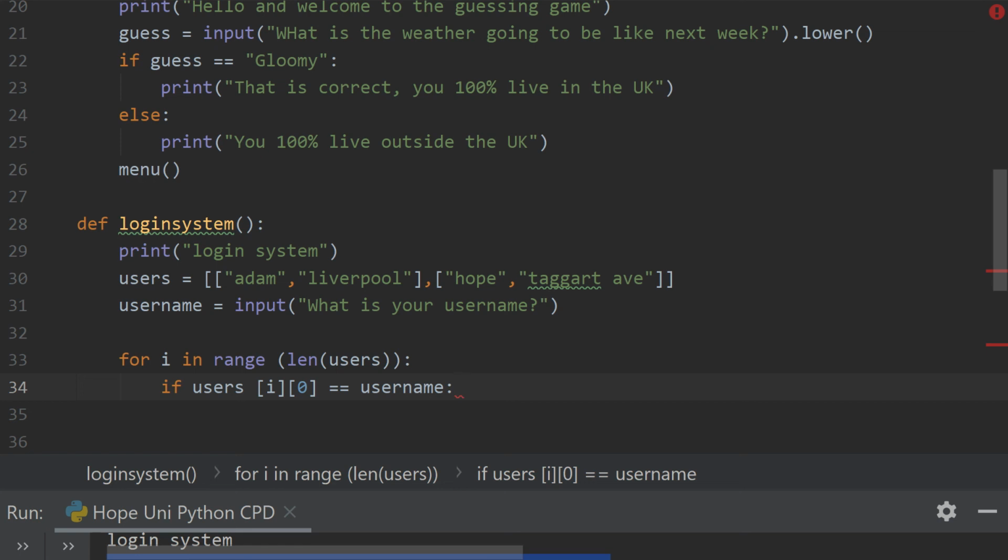That's why we've got to declare that i. If you wanted to, that i could be user, and inside there you could put user instead of the i as an example. That's fine, and for some students that might be better. But in examinations, they will always use i or k or p as an example. You can show that in class, just change it up. It'll work exactly the same. It's just a variable name at the end of the day. It will store the number of where it is in the iteration. Does that make sense? Yeah. Okay. So if it equals that, print